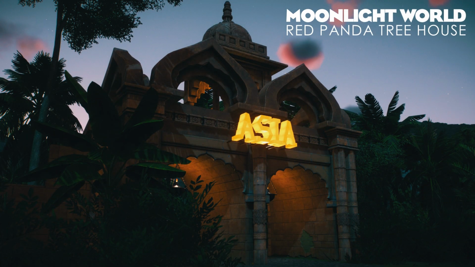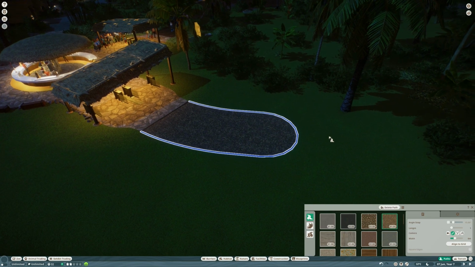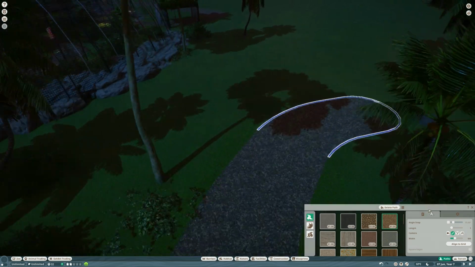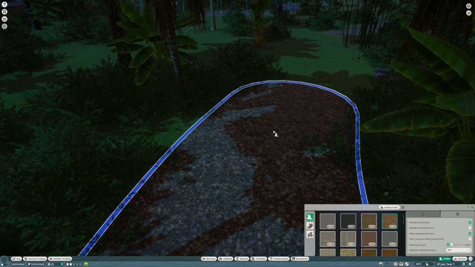Today we're going to be building a habitat for everyone's favourite little animal, the Red Panda. So this is going to be the start of a little Asian area in our Moonlight World zoo. And I want it to be really immersive, so I'm going to be running a path through this little sort of jungle that I've made here, and then clearing the path out and getting the habitat right in this little